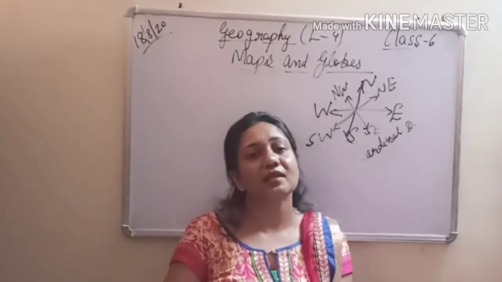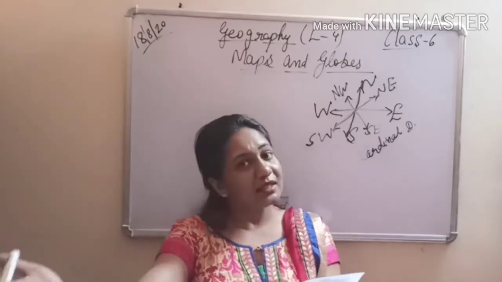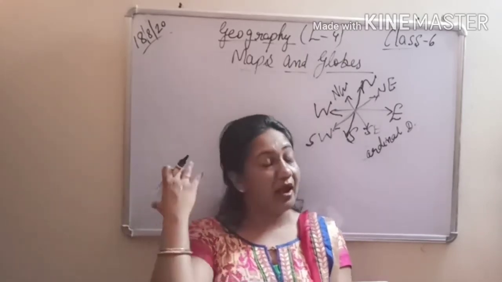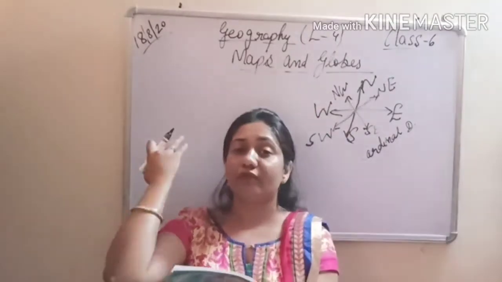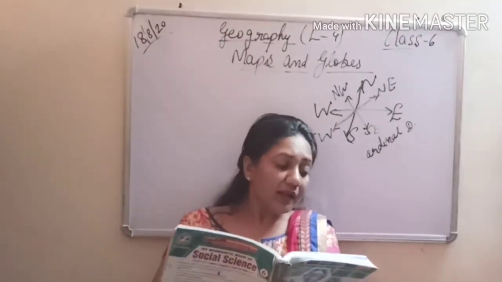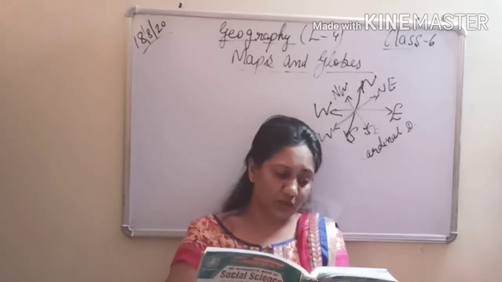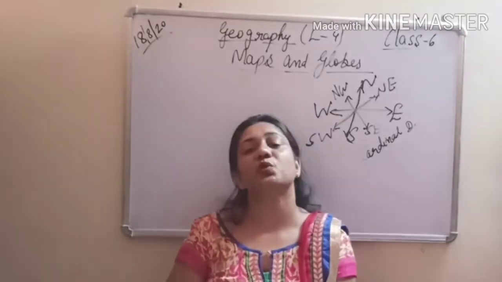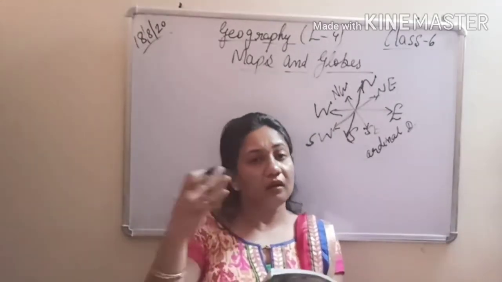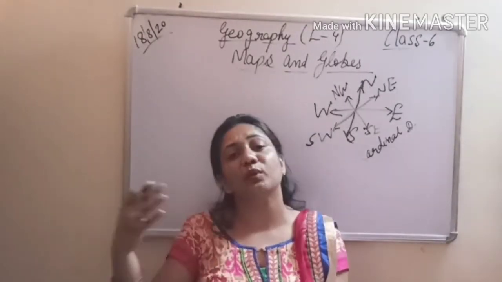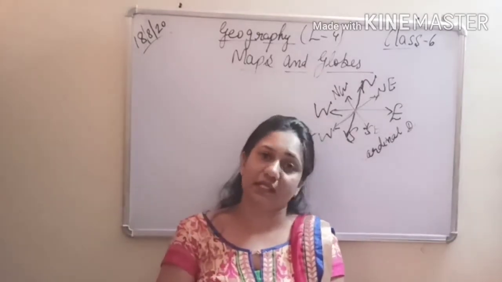Obviously, if the sun rises in the east, we are facing the east side, and just opposite to east we have the west side. So we all know that west will be at the back of us. The left hand points towards the north and the right hand points towards the south. So if we know which direction is on the right hand side and which is on the left hand side, we can easily calculate.